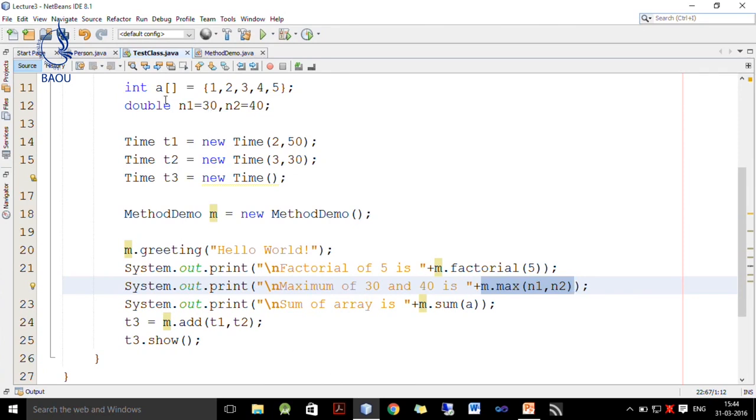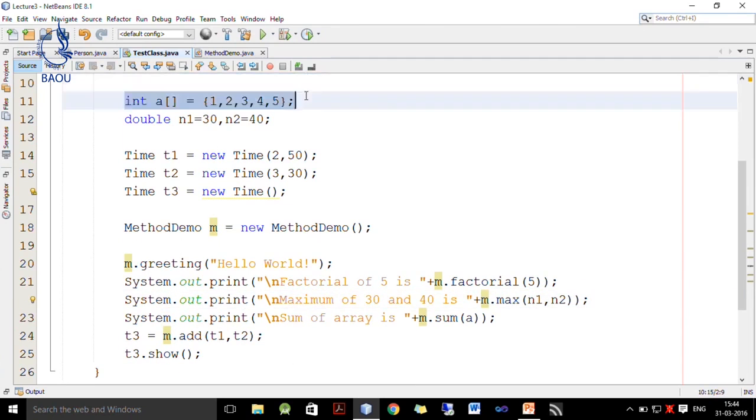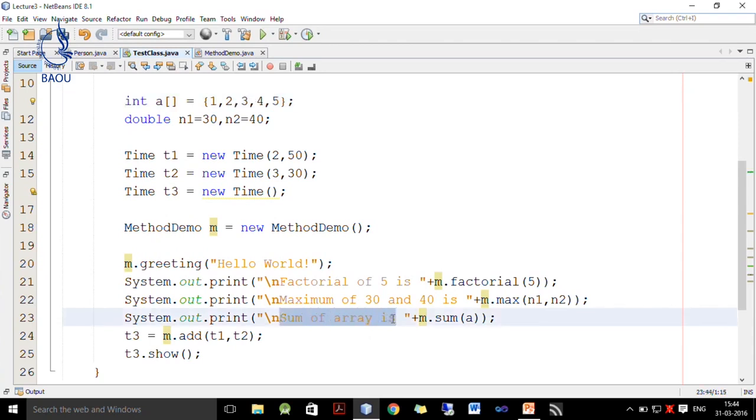Next we want to display the sum of the array. So, we write sum of array is, and then we call the sum method and provide array A as an argument. So, it will add 1 plus 2 plus 3 plus 4 plus 5, which is 15. So, it will print sum of array is 15.